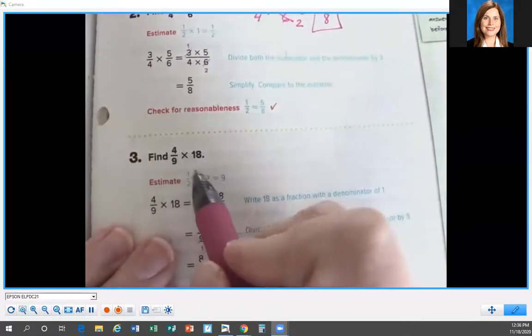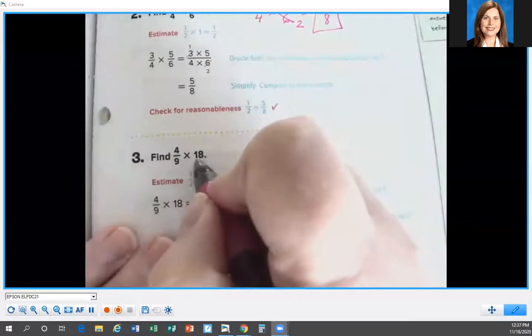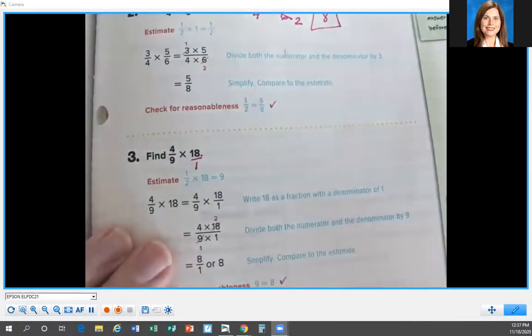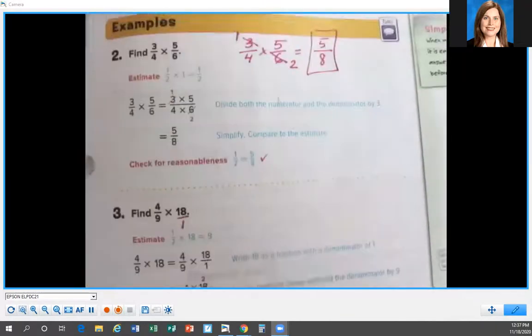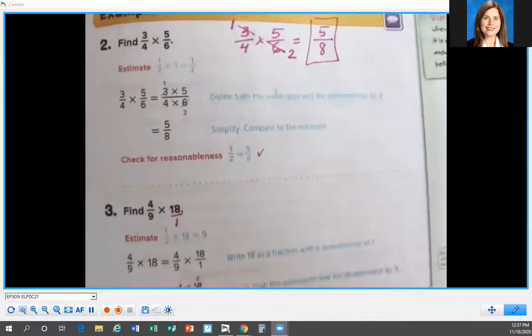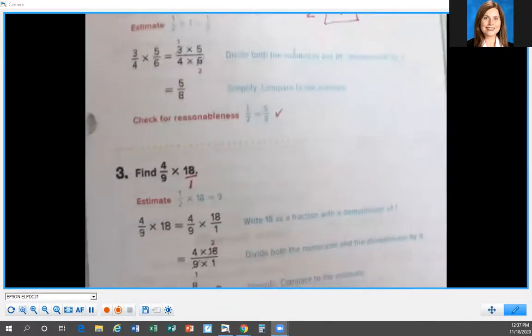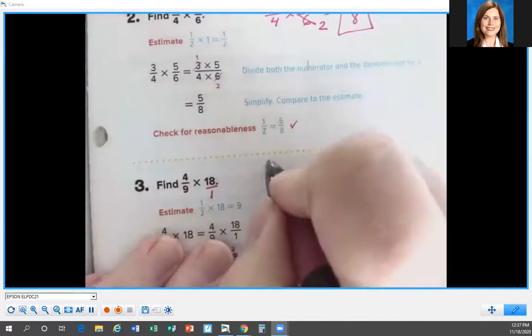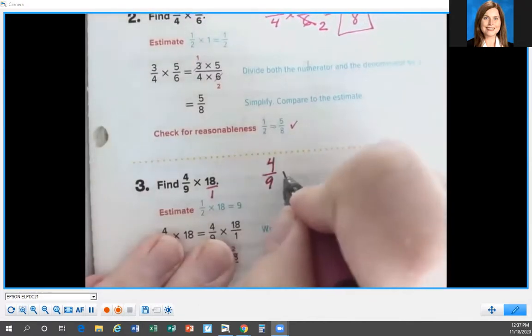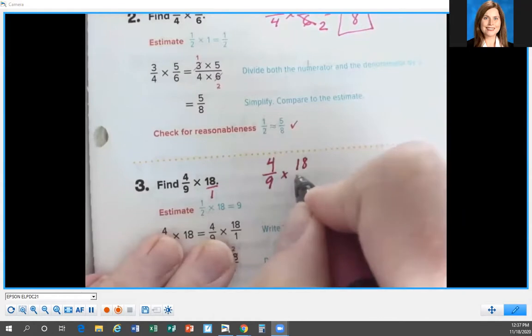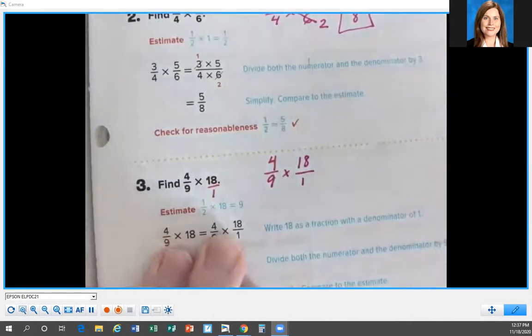4/9 times 18. So I'm going to write that 18 is 18 over 1, and then I'm going to multiply. Let me adjust the camera a little bit better. 4/9 times 18 over 1. So